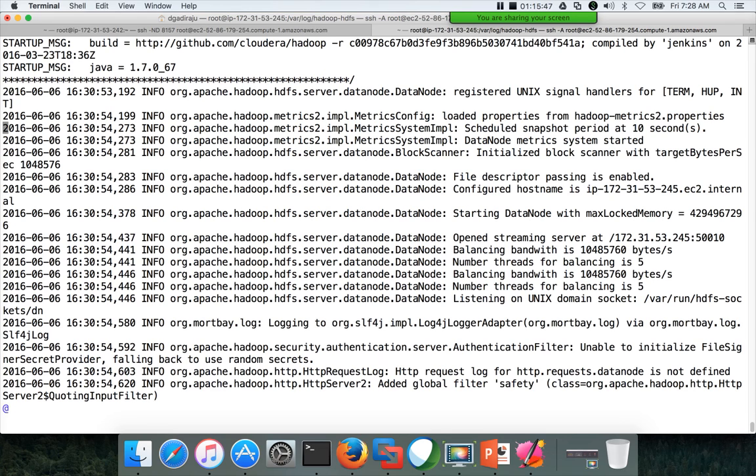So if there are any issues in the data node, then you have to go to that particular host, go to this location, log Hadoop HDFS, and here you can see the logs related to the data node and troubleshoot why this data node is not coming up, and then you can take the necessary action. These log files are primarily to troubleshoot the issues affecting the daemon process, not the actual files. Actual files might also be one of the components, but it is at the service level, not just at the HDFS file level.